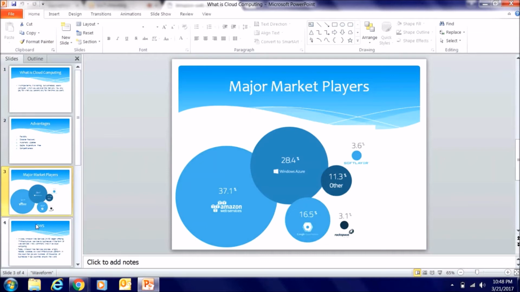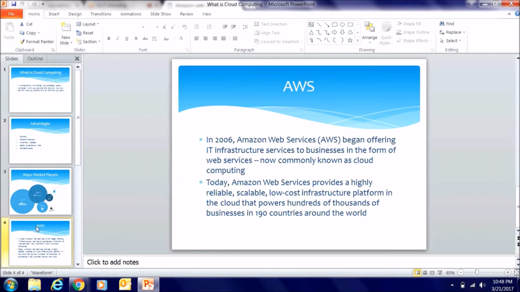Now, what is AWS? So when did AWS start? It started in 2006 with an IT infrastructure business. Now there's a theory about how AWS started, and it's a very interesting theory, and it says that Amazon, as you all know, is a part of a big e-retailer. It's a big e-commerce company.